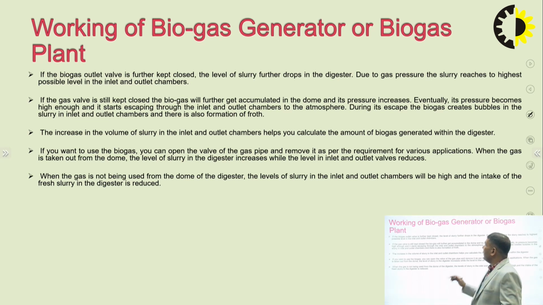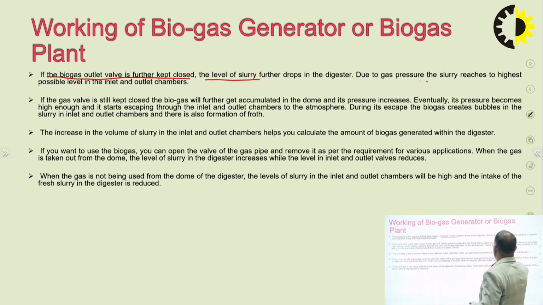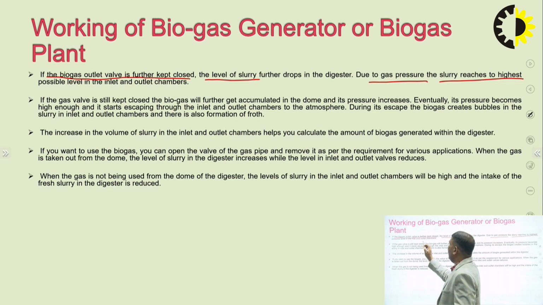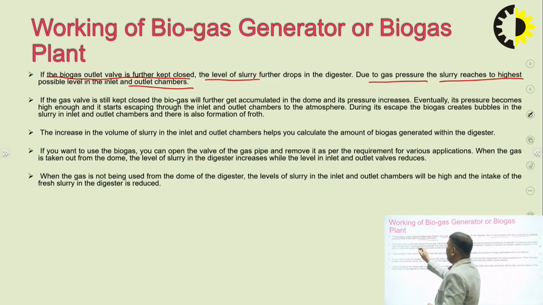If you refer further to the working, if the biogas outlet valve is kept closed, the level of the slurry drops further in the digester. Due to the gas pressure, the slurry reaches the highest possible level in the inlet and outlet chamber. This is the highest level, and it comes out from this point. And if the valve is still kept closed,